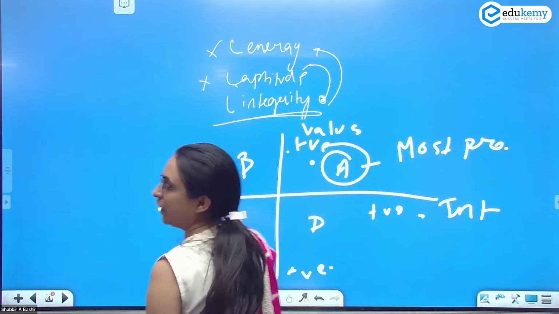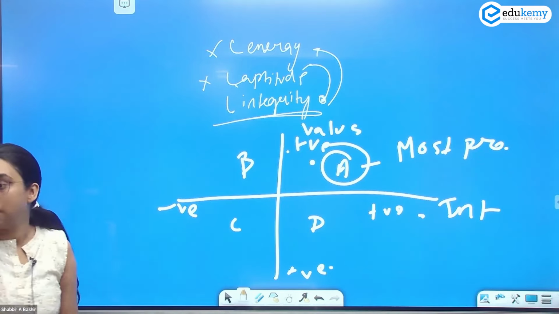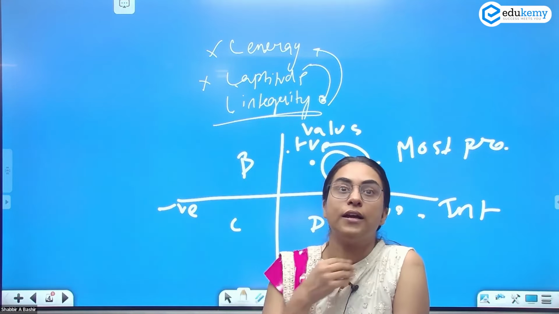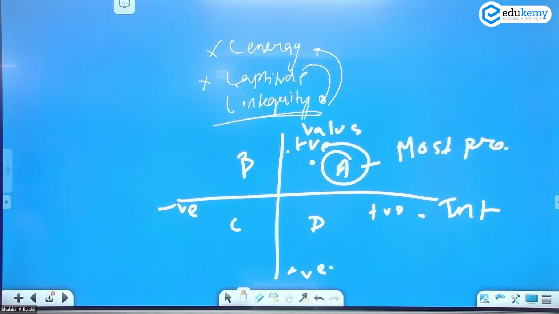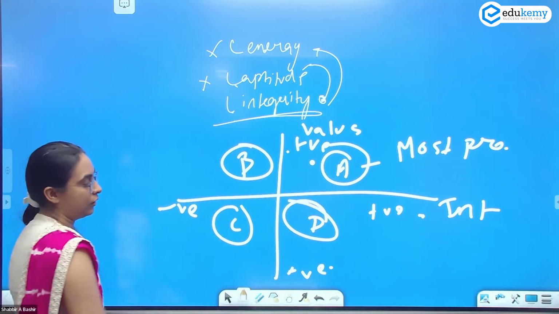ठीक है, B, C, D में से I'm asking कौन सा least preferred होगा? Whom will you prefer least? B, C or D? You say C. What will you prefer? C. सबसे कम preference किसको दोगे? जब recruit कर रहे हो, will you give less preference? Whom will you give preference? C को दोगे? कि B को दोगे? कि D को दोगे? ये negative है.